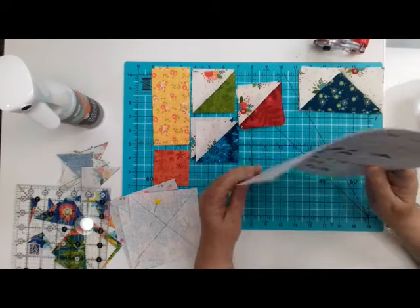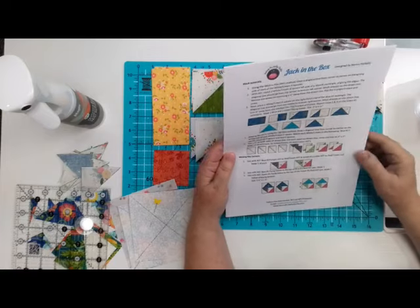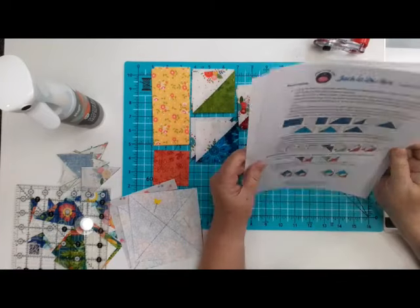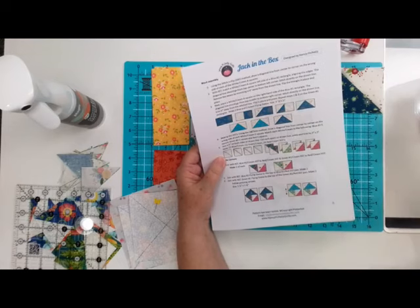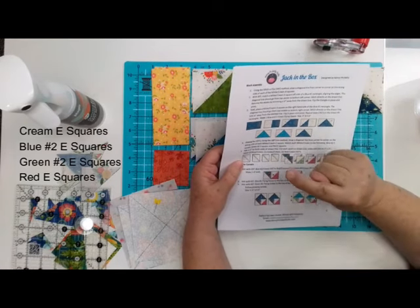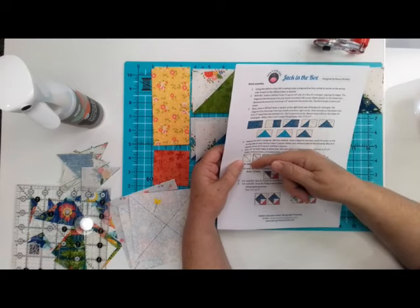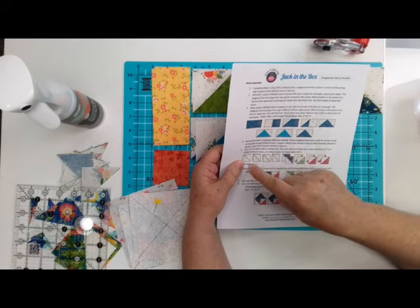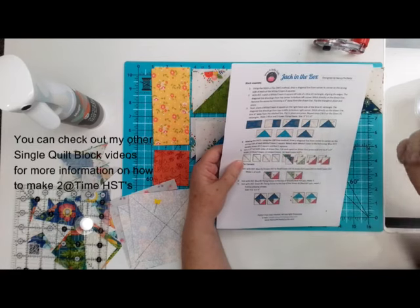Now I'm gonna talk you through this one. It's very, very easy. So what you're gonna do is take your cream squares and your blue number 2 and green number 2 squares. You're going to draw one diagonal line from corner to corner on the cream colored fabric. You're going to match each of the cream squares